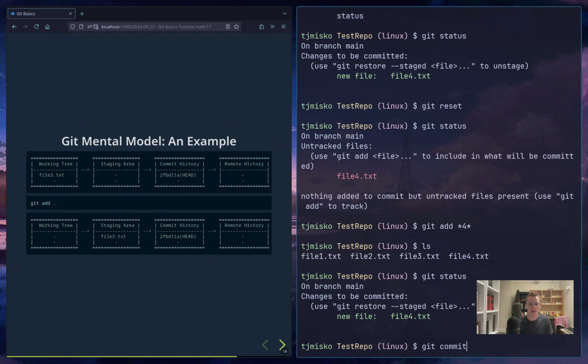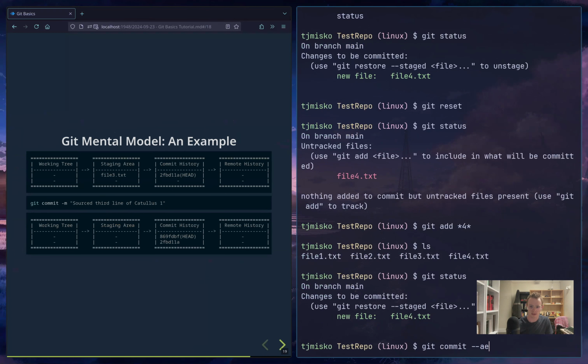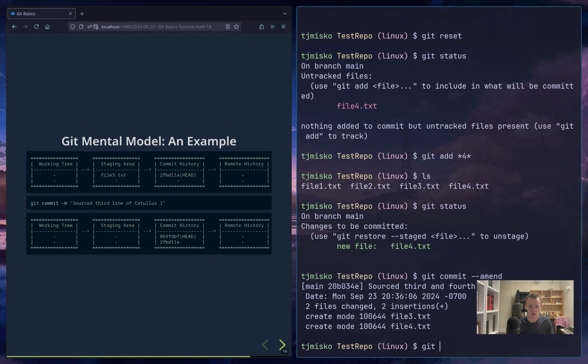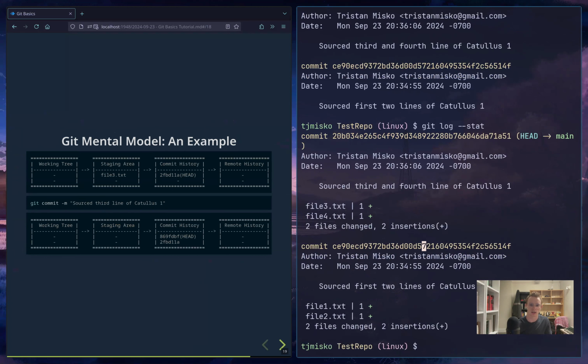And then we git commit. So if we wanted to make a new commit, we could have just done git commit -m added a 4th line, but maybe we think that 3 and 4 actually belong together in some sense in the history. We can actually amend that previous commit. So we can git commit --amend, and we had already amended once, but now we can amend it again, and we can say third and fourth line of catalyst 1, right? So now you can see down here, it says we have 3 and 4 being added to this commit. And now if we look at it with the stats,